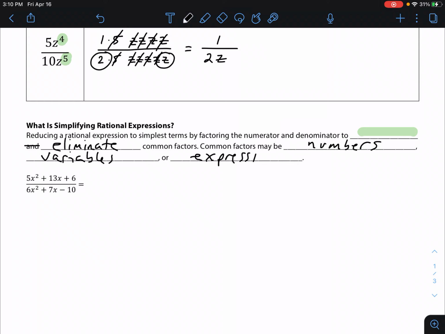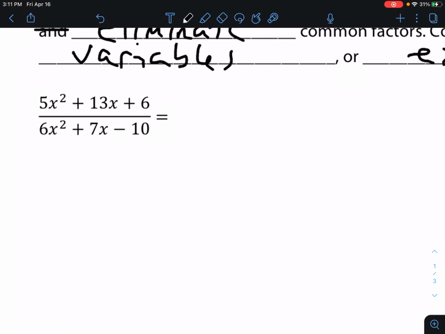Okay, and when I say expressions, I mean things like binomials. If we can find 2 binomials, one in the numerator, one in the denominator, and they're the same, we can cancel them. Okay, so we're going to start off right away with a really stiff one, and we're going to